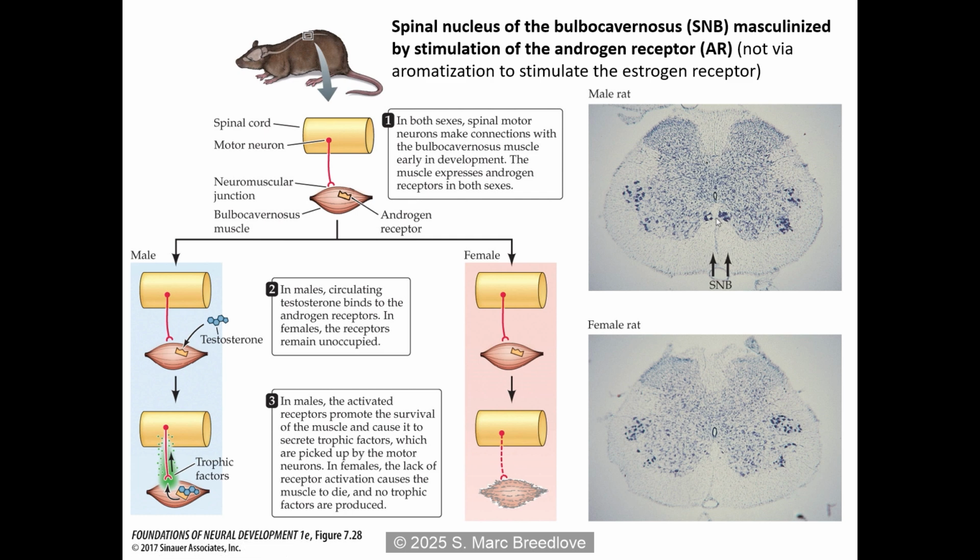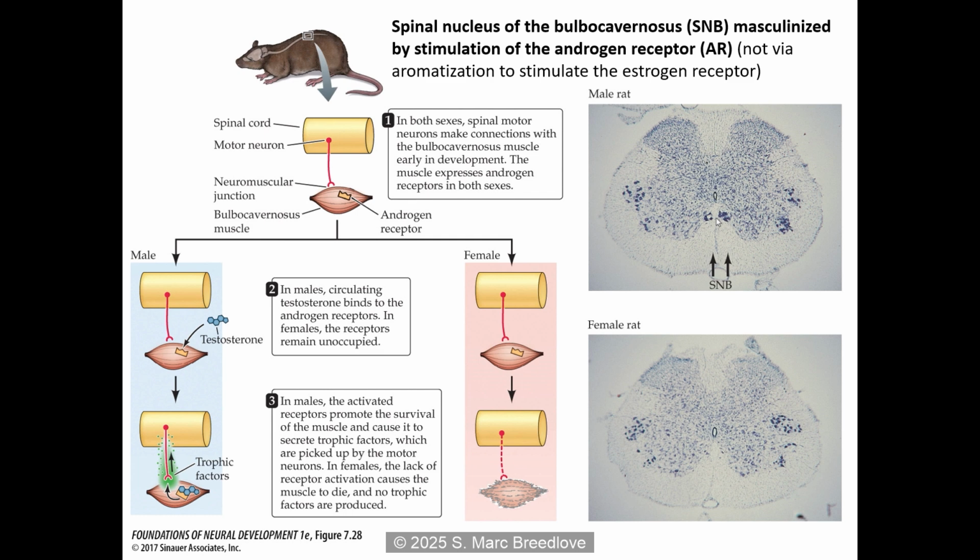If you look at a female rat on the day before birth, she has bulbocavernosus muscles wrapped around her clitoris. She has motor neurons that innervate that muscle. The synapse between motor neurons and muscles works, so the neuromuscular junction is functional. But in female rats, starting on the day of birth, both those structures die. Both the muscles and the motor neurons die. In males, they stick around.